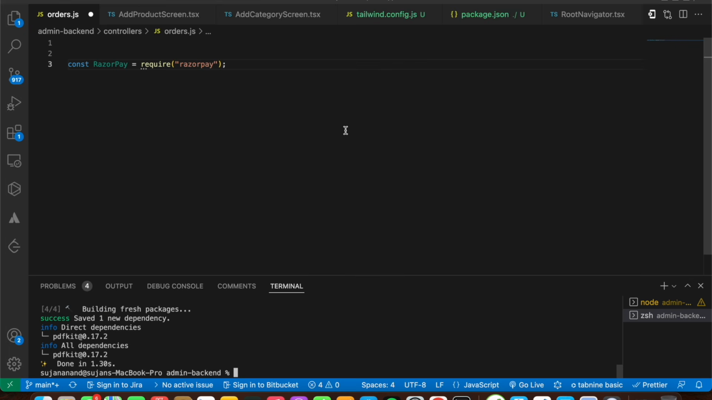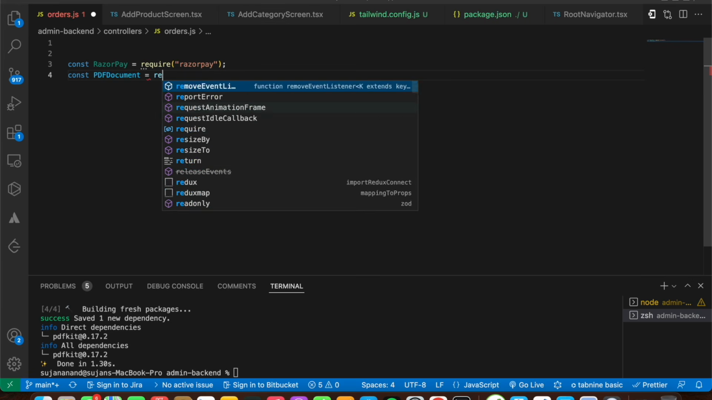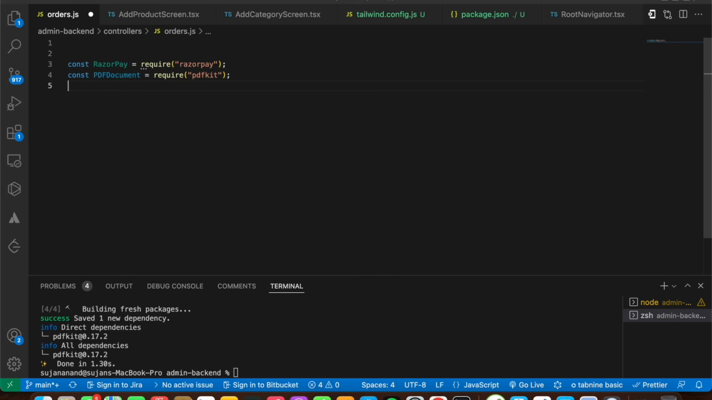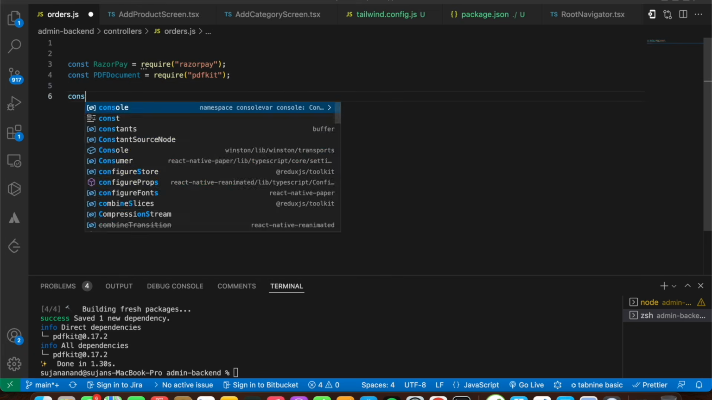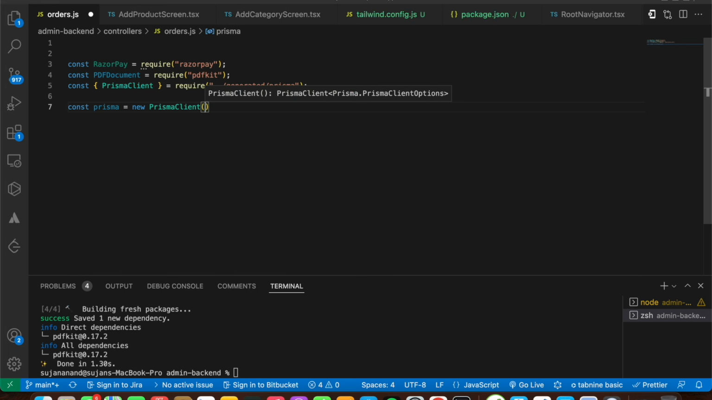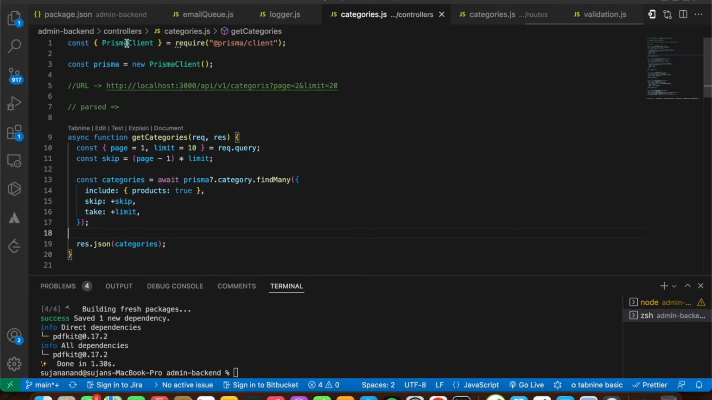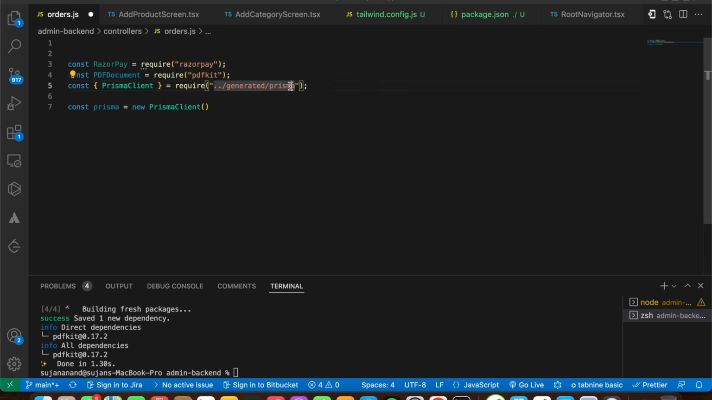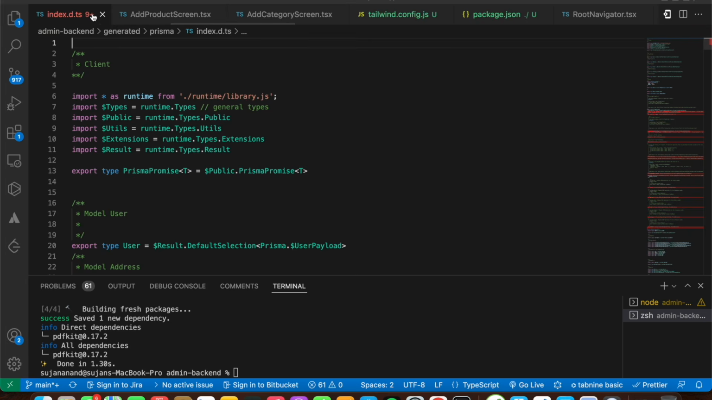Let's initialize your PDF document. I'm going to say const PDFDocument, everything in caps, is going to be equal to require of pdfkit. All right, and let's initialize your Prisma client. I'm going to say const Prisma is going to be equal to new PrismaClient. Let's actually import it not from this one but from this package. You can copy that down, come back to your orders file and add it over here. Okay, my bad, back, close this